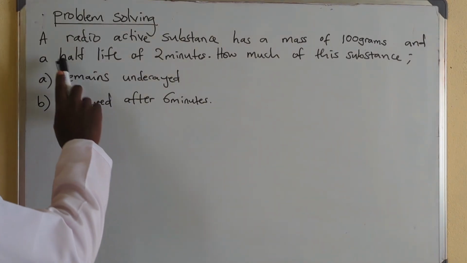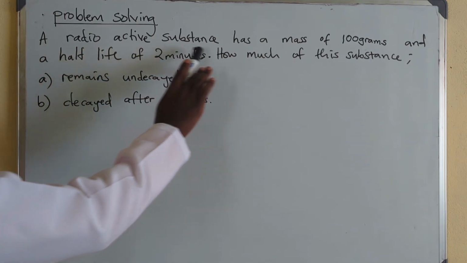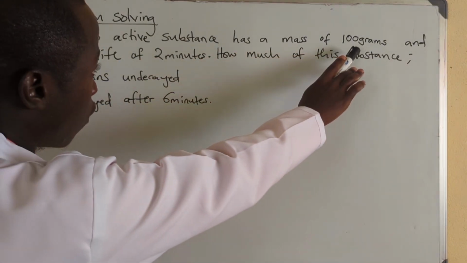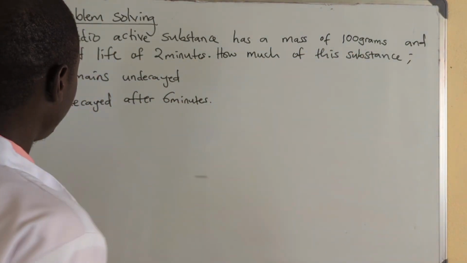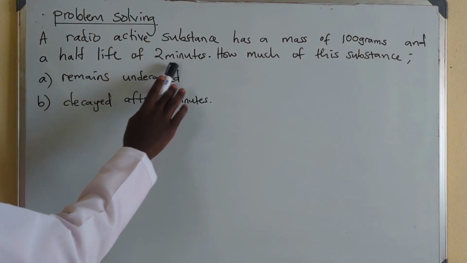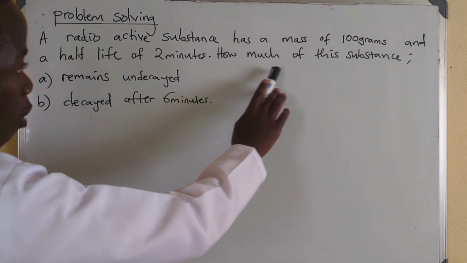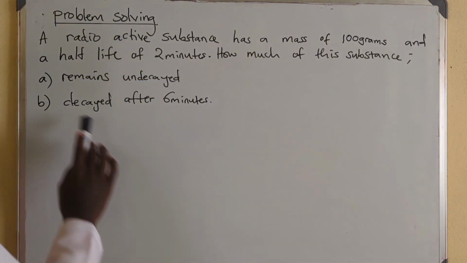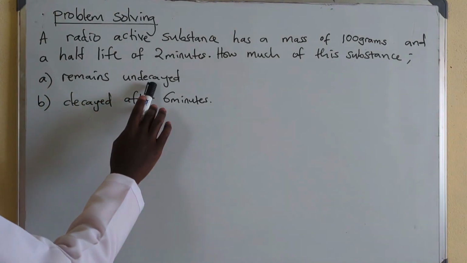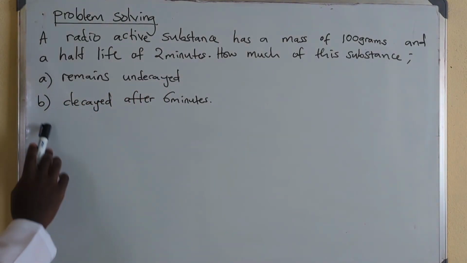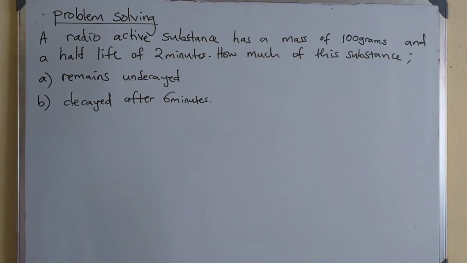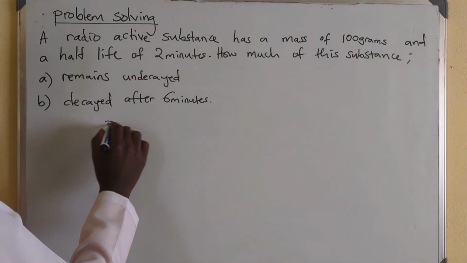In this video, we are going to tackle a question in physics under half-life. The statement says, a radioactive substance has a mass of 100 grams and a half-life of 2 minutes. How much of this substance, A, remains undecayed, and B, decayed after 6 minutes? So if we collect the data for this question,